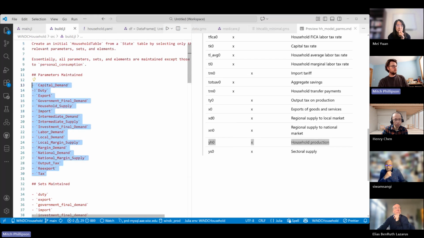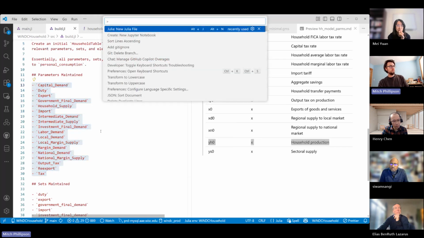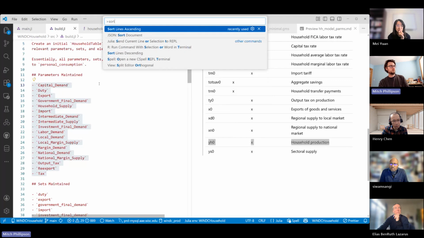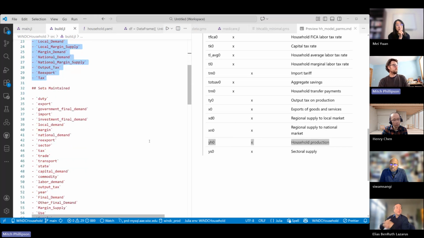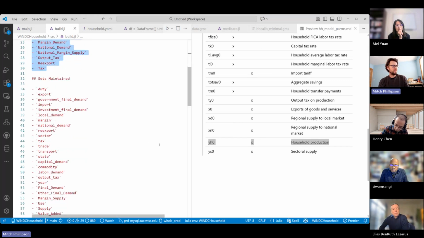Here's a pro tip for VS Code. If you highlight stuff and hit Control-Shift-P to open your command palette, you can just sort. It'll just sort them. It's very nice. I use that all the time. I don't think it lets you drop duplicates like that, but I just sort and then